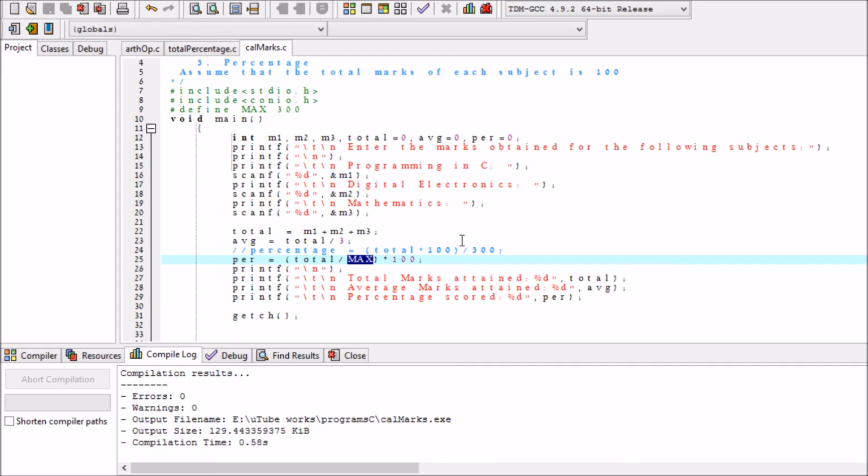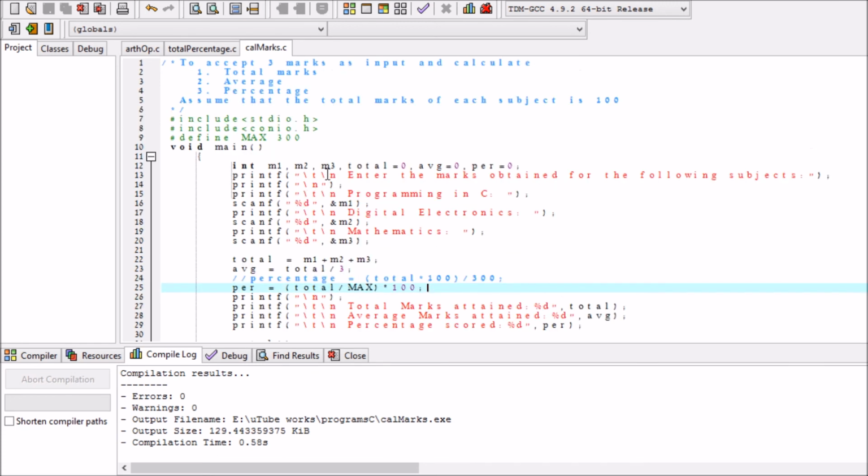Okay, so I hope that you understood this particular program of calculating the total, average and percentage of 3 marks inputted. Now, instead of 3, the question can be anything like 5 marks, 6 marks, but the logic remains the same. So you can also try with declaring percentage as a float number. So instead of an integer value, you will get a float value. But always remember that